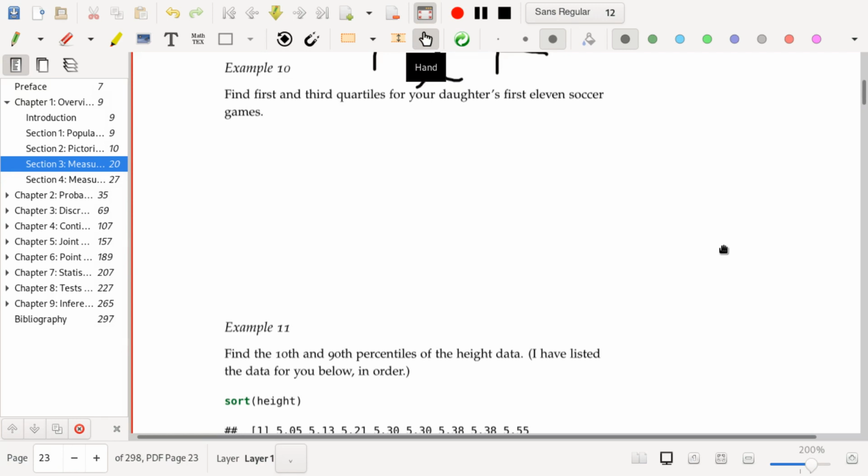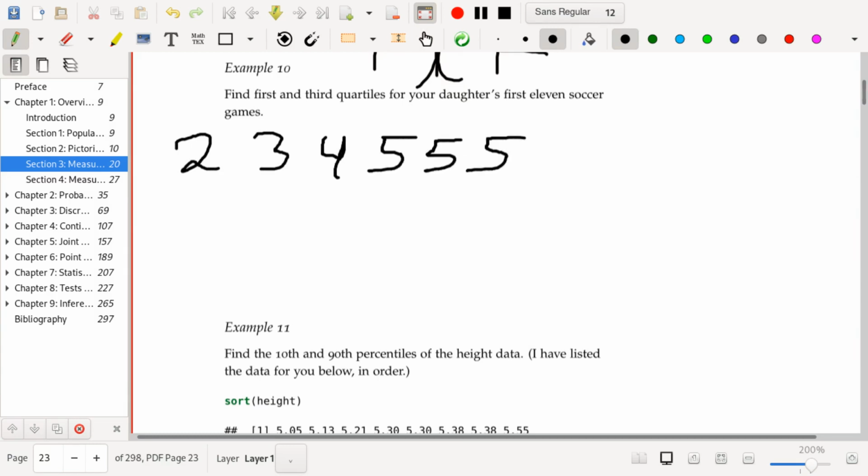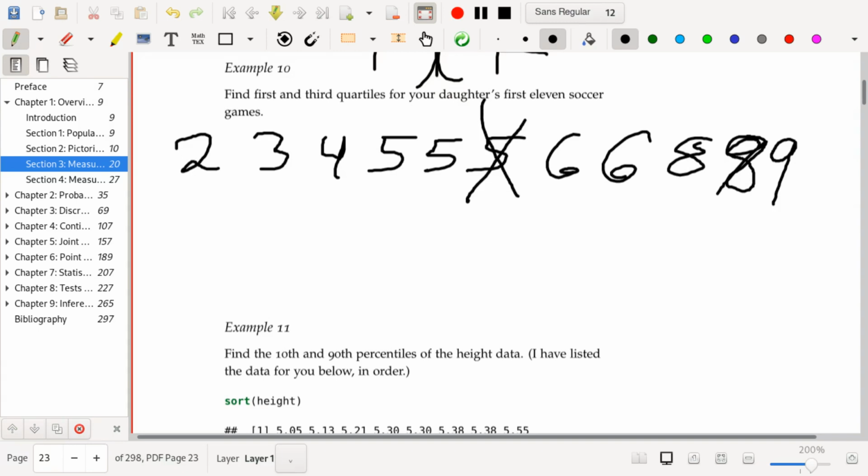Okay, so to find these 2 quartiles, how about we write down what that data set was, just for our own purposes. So we've got 2, 3, 4, 5, 5, 5, 6, 6, 8, 8, 9. Okay, so the median was 5, and this is an odd number data set, so we're going to delete that median. Oh, oops, there were 2 8s. Sorry about that. So we're going to delete the median, which is 5, and then we have split the data